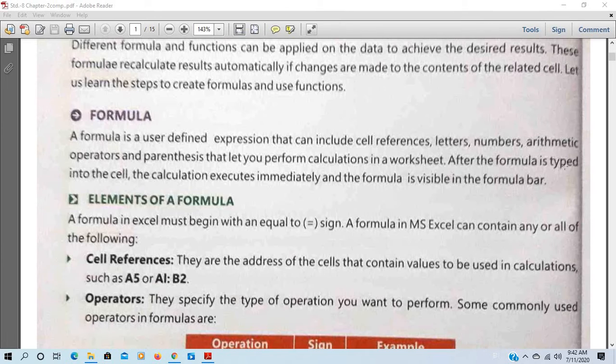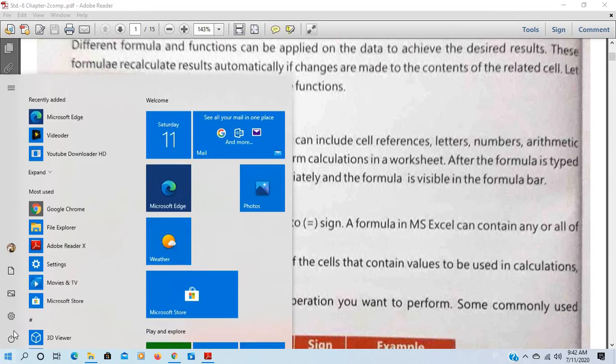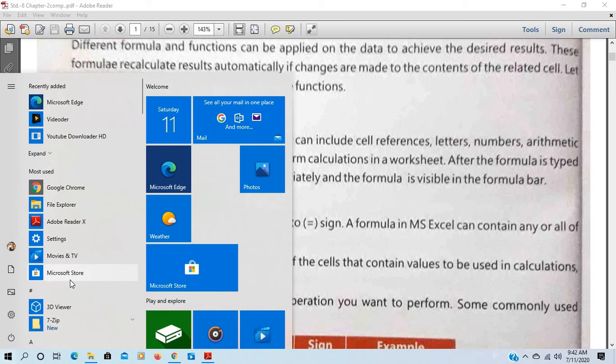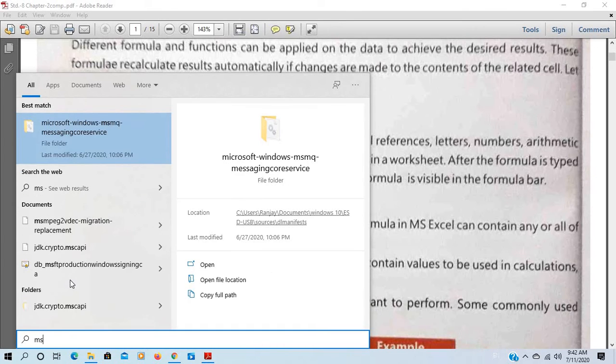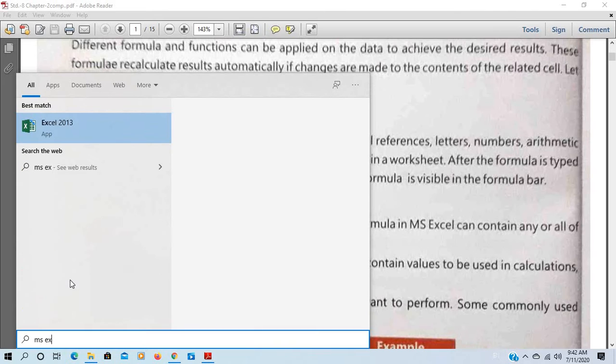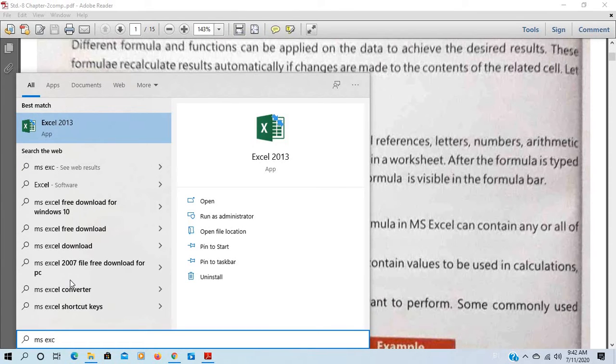So after the formula is typed into the cell, the calculation executes immediately and the formula is visible in the formula bar. So in MS Excel you can see what is formula bar, I had explained you earlier. Let's see what is the formula bar, where it is in MS Excel. See, in my computer it is MS Excel 2013.